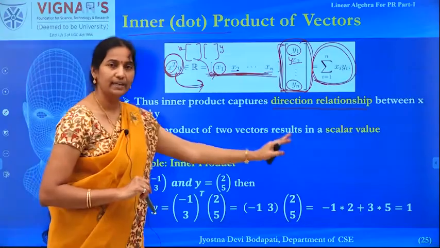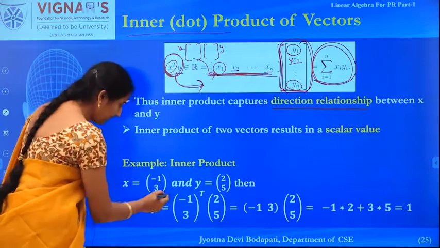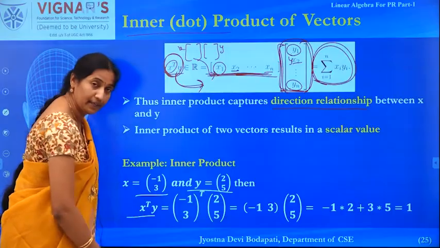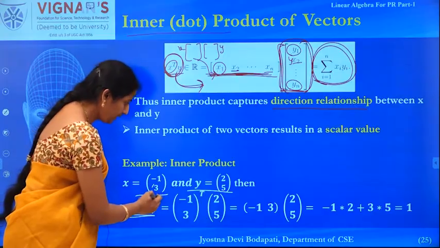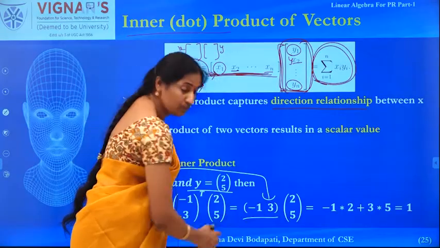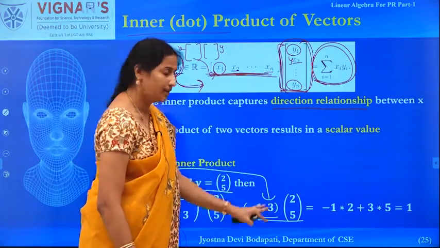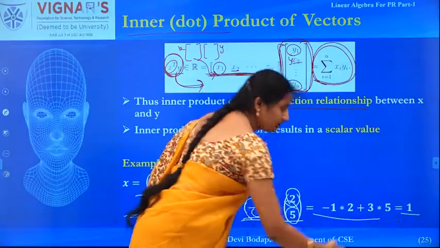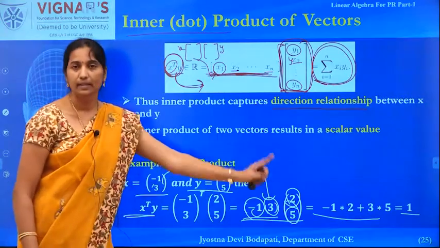The inner product of two vectors is a scalar value, and I have an example for you. Let's consider vector x and vector y, both in two dimensional space, and I am going to apply the inner product of these two vectors. So basically x transpose y, that is, x has to be transposed. So I am transposing x, and the transpose of this is minus 1, 3 as a row. Just apply the corresponding element multiplication: minus 1 into 2 plus 3 into 5. That results in 13. So the inner product of the given two vectors minus 1, 3 and 2, 5 is 13.